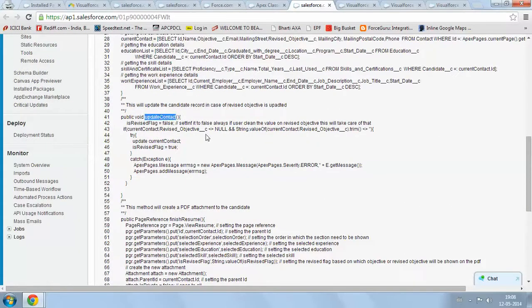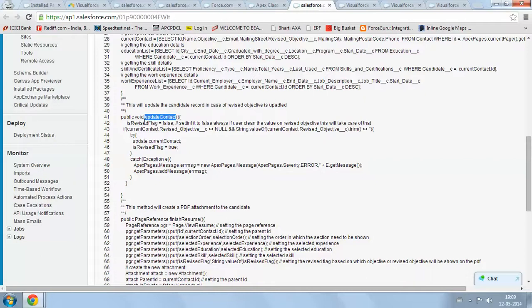And this update contact is called whenever you tab out from the resume object's revised objective section, and it updates the content. It will only update if it is not equal to null and not equal to blank. When you go back, it won't do any database update again.